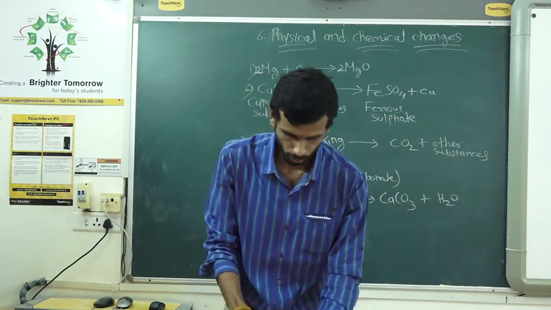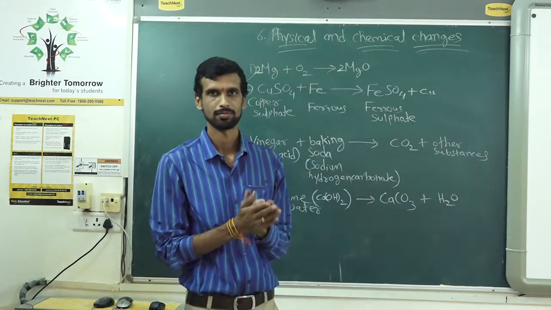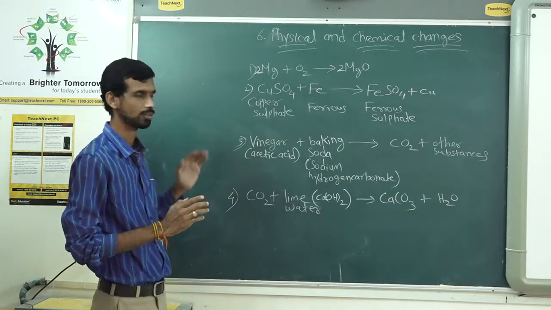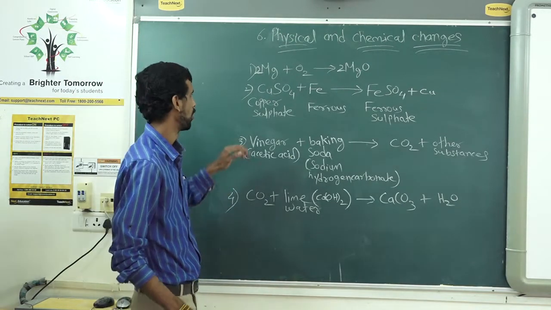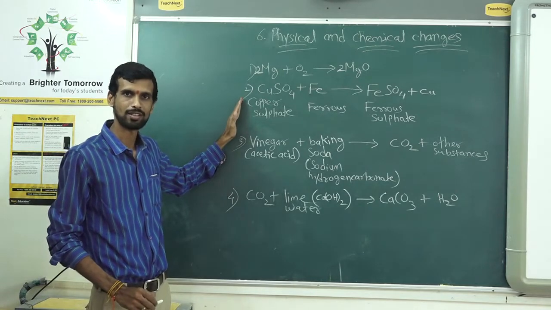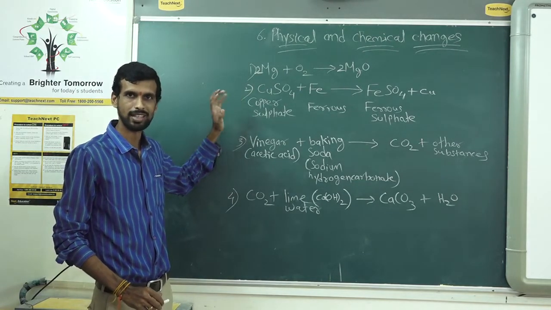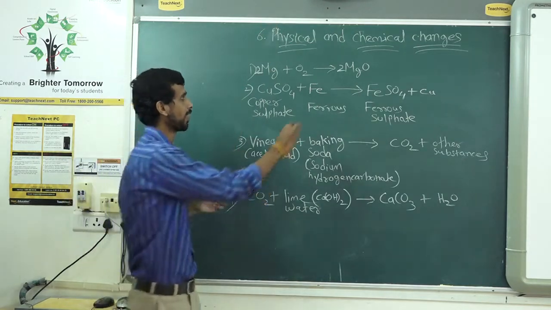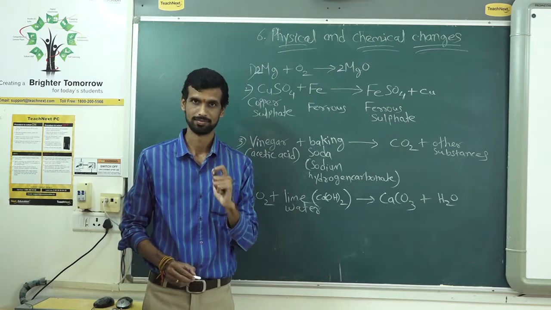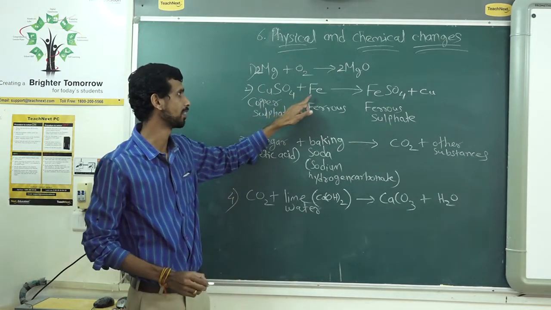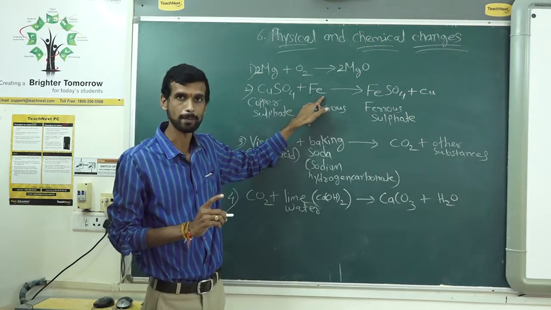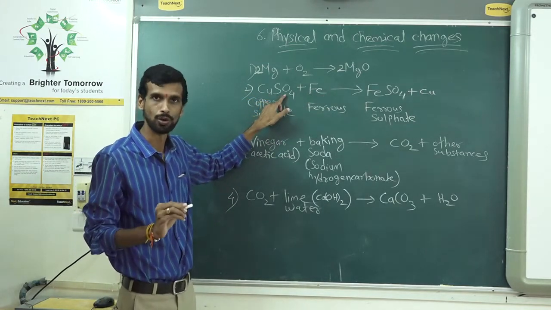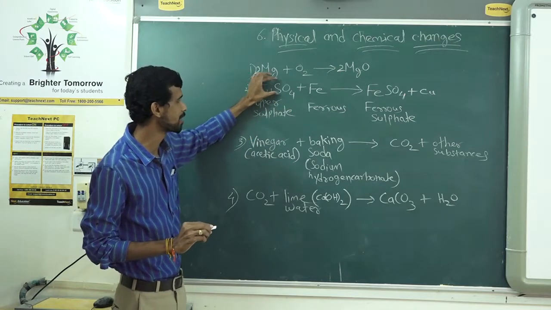Okay. So what has happened exactly? Whatever has happened in the figure is presented on the board. So first I have taken copper sulfate, I have added it in the water, then I have added some drops of dilute sulfuric acid, and then I have added the iron nail. Okay, so iron is represented by the symbol Fe, copper Cu, sulfate SO4. Copper means Cu, sulfate means SO4.